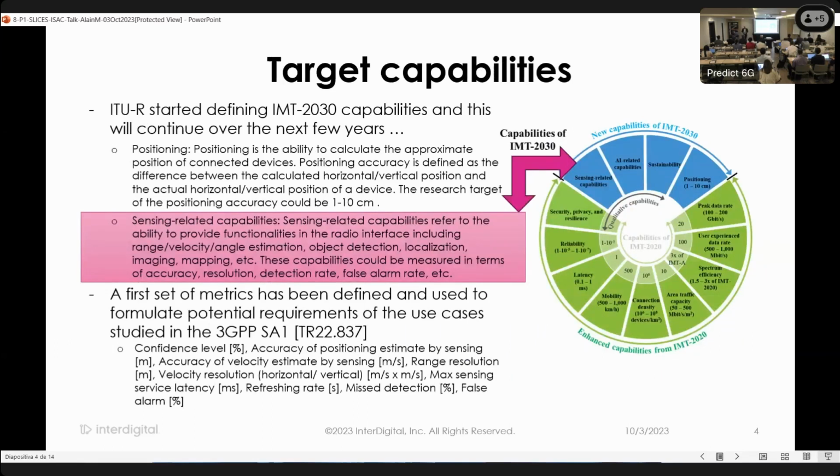And of course, that new capability, which is totally new and unconventional, to be able to introduce it in the system, we need some metrics to measure it, to evaluate it, to verify it and the like. And that's what the ITU, the International Telecommunication Union, is now doing, figuring out what these performance metrics are for adding that capability of ISAC, and what the requirements would be. So what would 6G need to meet as requirements for that capability and how we measure it. We expect this to be concluded hopefully in the next couple of years, when IMT-2030 is going to release the requirements for 6G.